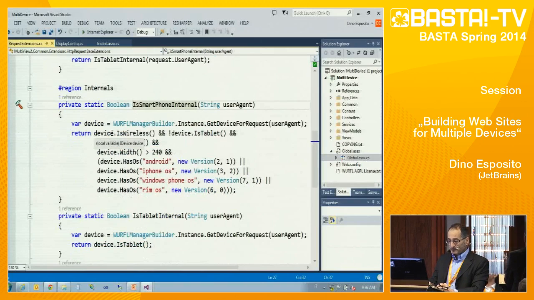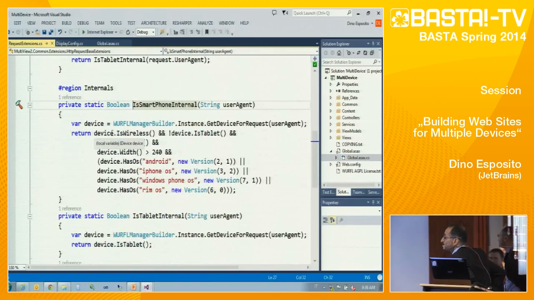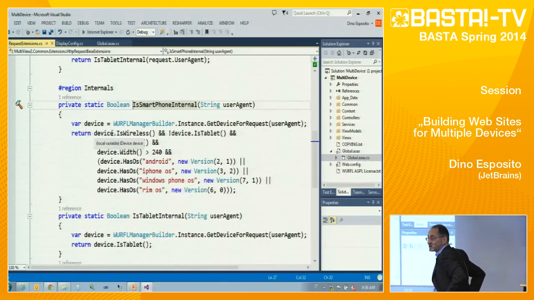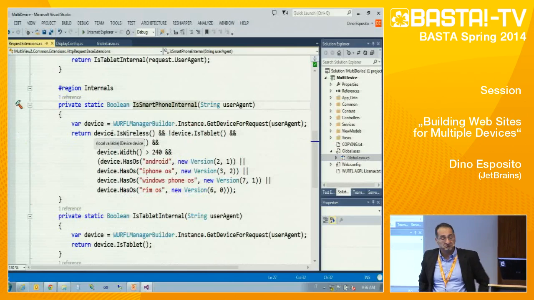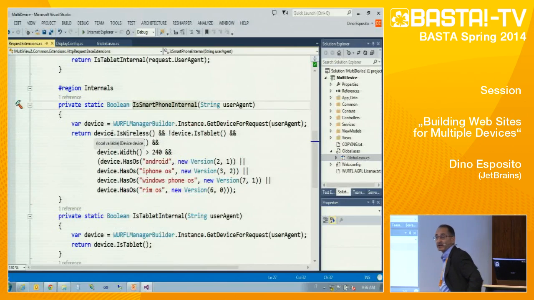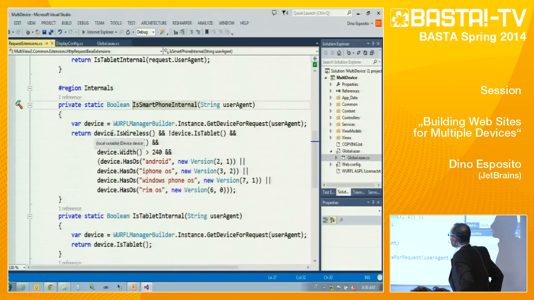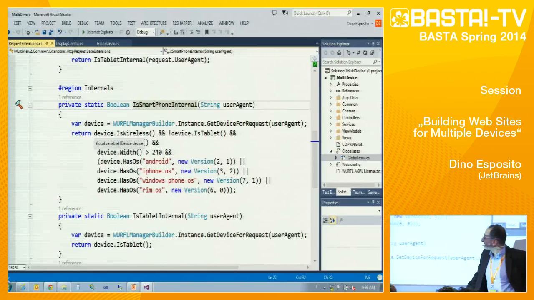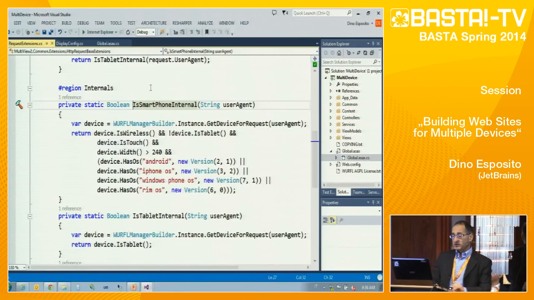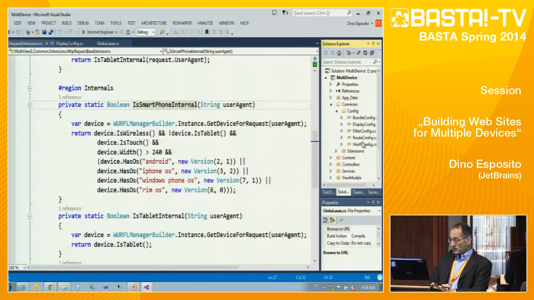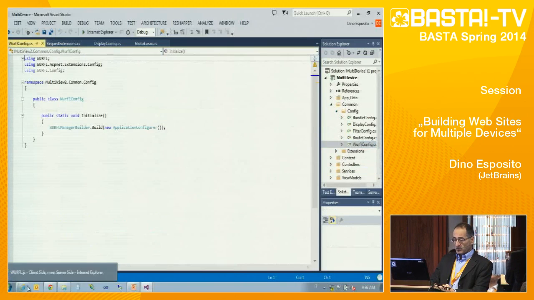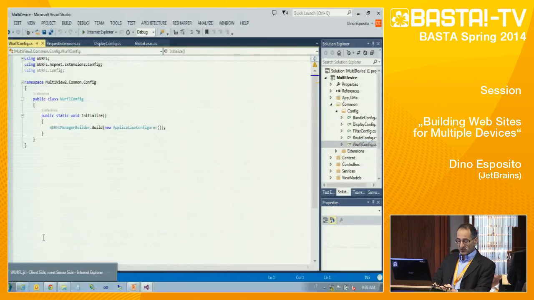This uses Wurfel, this extra library. Wurfel is available for .NET, for ASP.NET as a NuGet package. So it couldn't be easier to plug into your application. And yes, when you initialize Wurfel, all you need is a single line of code